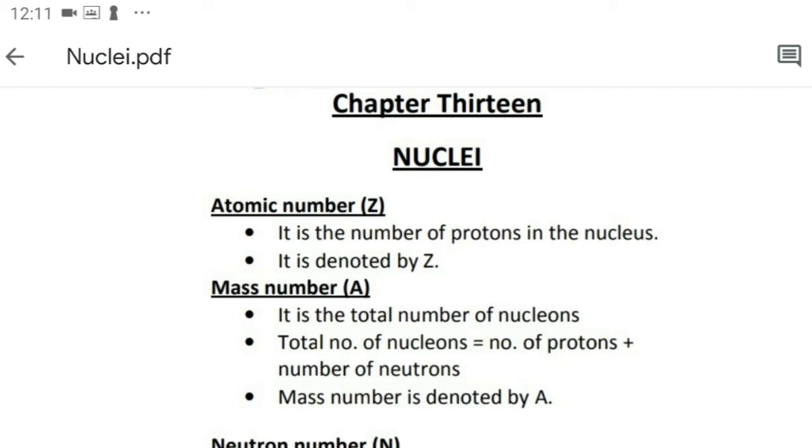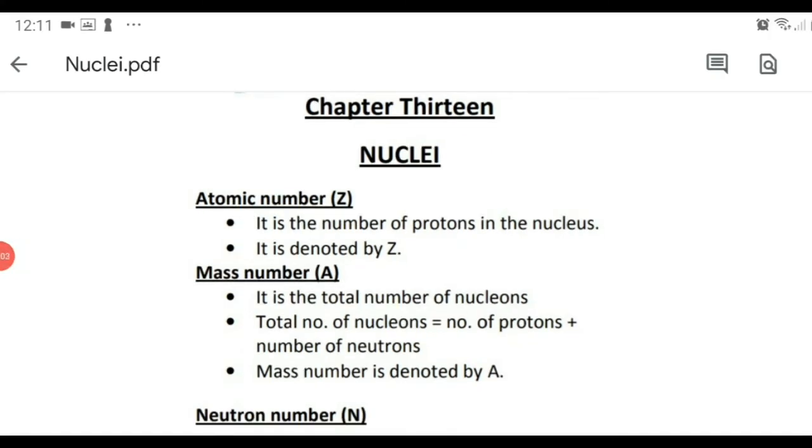Later, it was discovered that inside the nucleus, along with protons, there are some other particles which are neutral. In the year 1932, a scientist called James Chadwick experimentally verified the presence of neutral particles which were called neutrons. So, as per our information till now, we have two types of particles inside the nucleus. They are protons and neutrons. Protons are positively charged particles and neutrons are neutral ones. Protons and neutrons together are called nucleons.